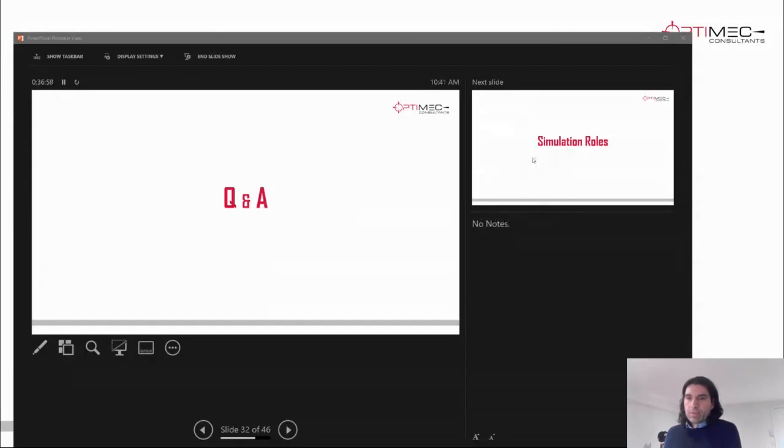So I'll just go up. Results visualization during execution: is it possible to see mid-step results when we only ask for one result, last frame of step? The results you're going to be able to see are the ones that are written to the simulation file. So if you didn't ask for output at that mid-step, you're not going to see the results, basically. I hope it answers your question.